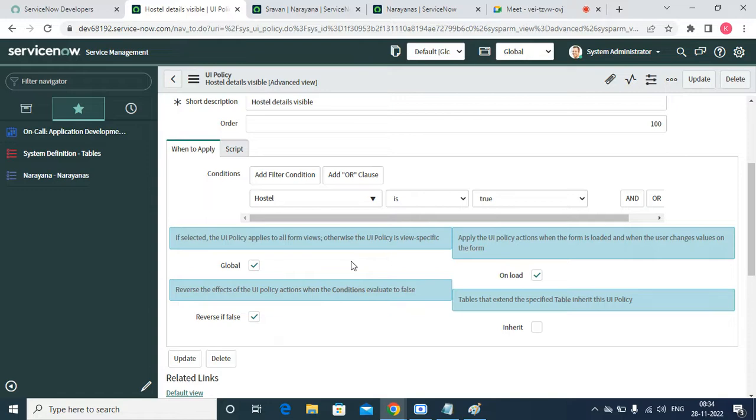In that scenario we can set global as false and select the view. This will happen sometimes, but you cannot execute in all the views, but that completely depends upon the business requirement. Okay, very good. Now next,